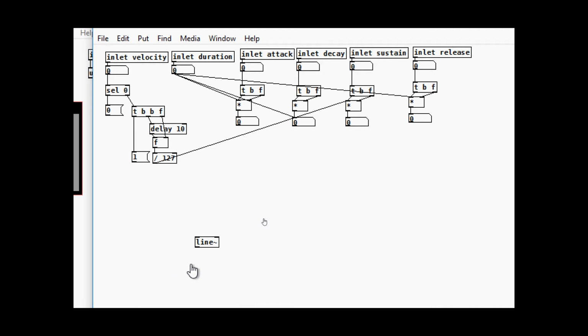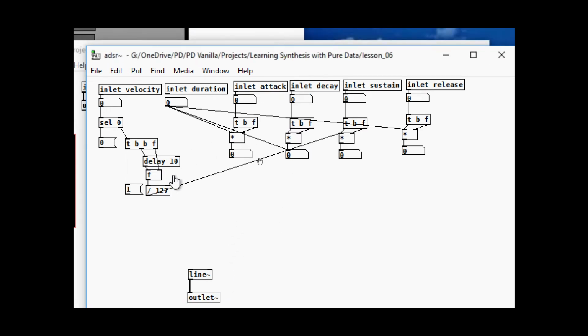And that line tilde is going to go out the outlet into the amplifier. Basically what we're sending is changing amplitude numbers over time. We've converted our velocity into amplitude here, here's the sustain level,